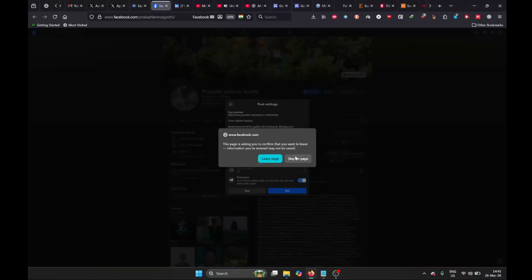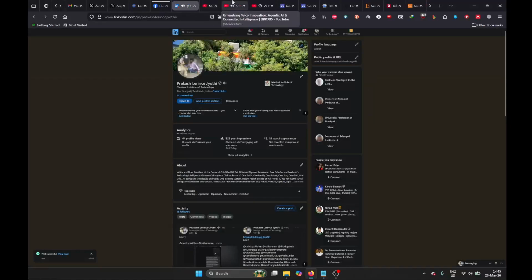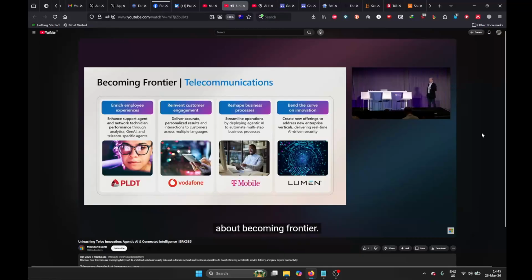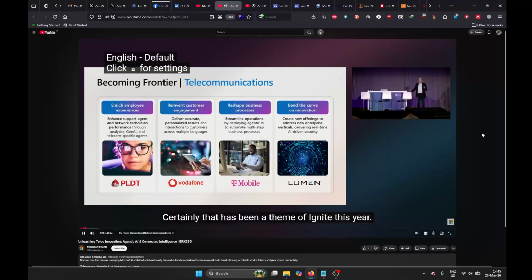You've probably had the opportunity to learn a little bit about becoming Frontier. Certainly that has been a theme of Ignite this year. If you